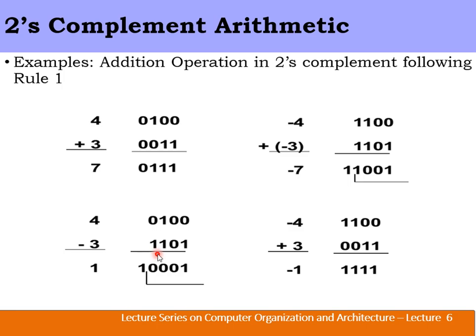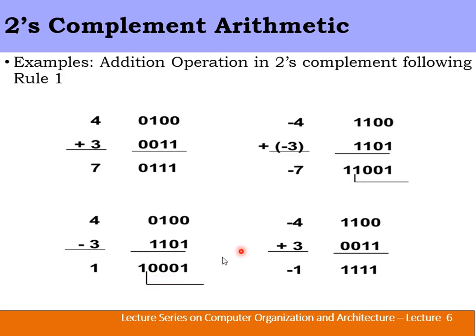So it comes to 2. 1 plus 1 is 2. 2 is represented as 10, so we are going to get a carry over here. This carry needs to be ignored. The only part of the result to be considered is the part separated by this line. So 0001 is the answer for 4 minus 3. Ignore the carry. This is how we work in case of an addition operation while using the 2's complement method.